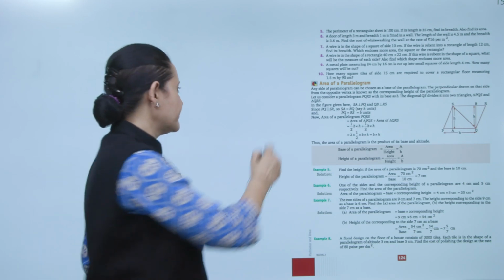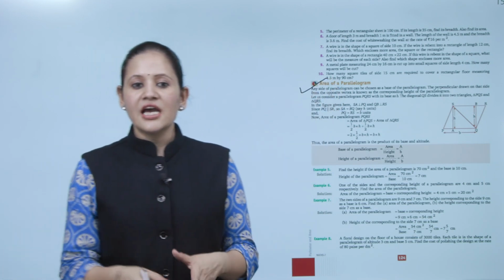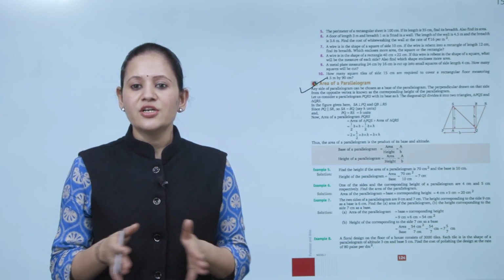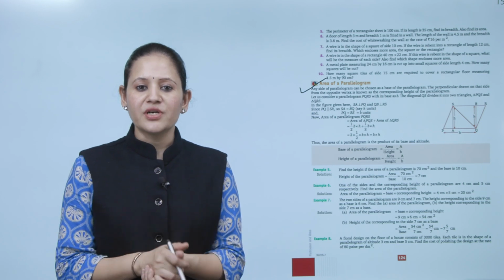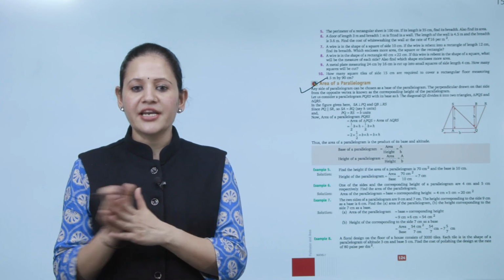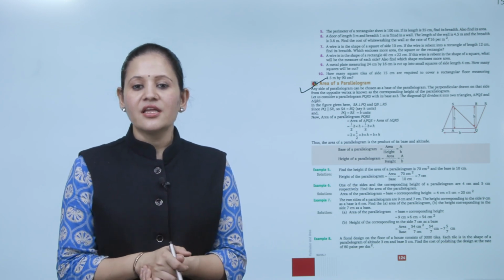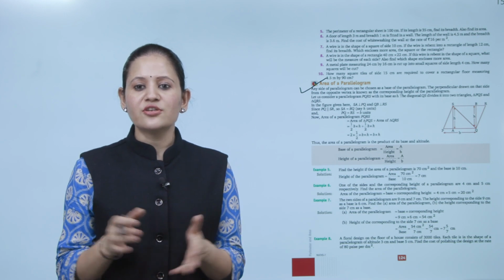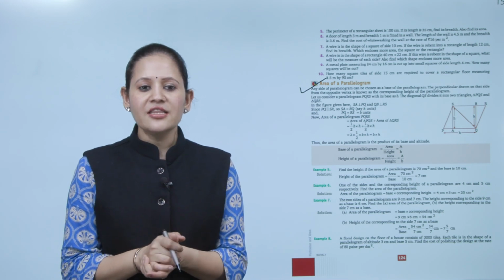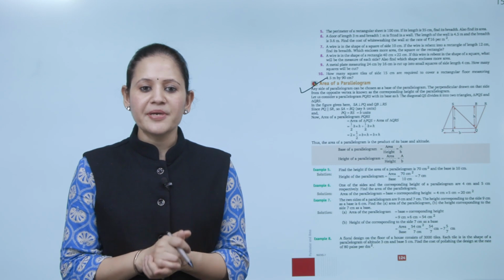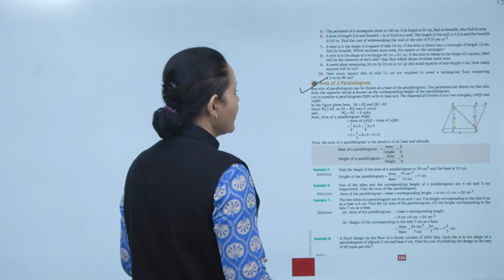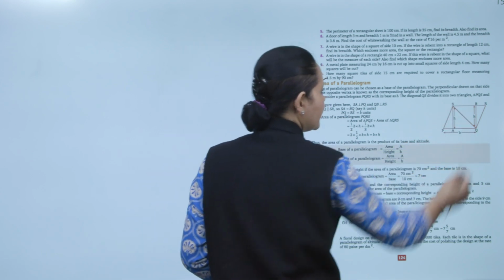Area of a parallelogram. Any side of a parallelogram can be chosen as the base of the parallelogram. The perpendicular drawn on that side from the opposite vertex is known as the corresponding height of the parallelogram. Let us consider a parallelogram PQRS with its base B. The diagonal QS divides it into two triangles, triangle PQS and triangle QRS. In the figure given here, SA is perpendicular to PQ and QB is perpendicular to RS.